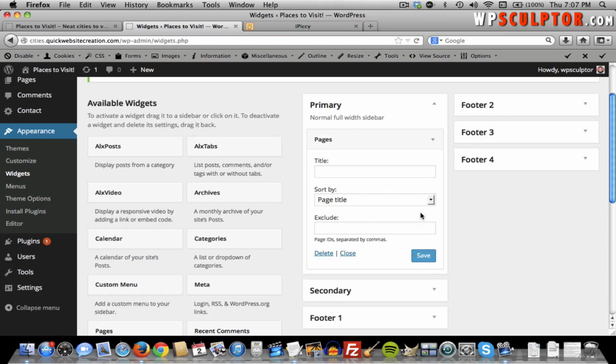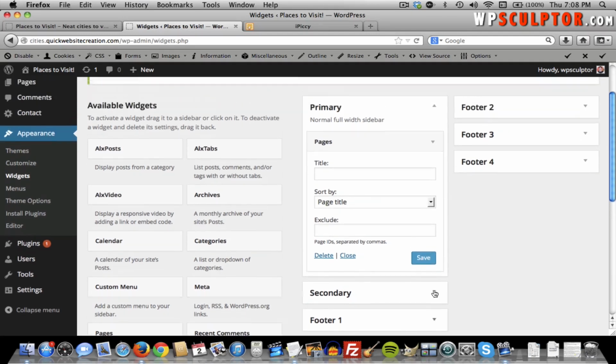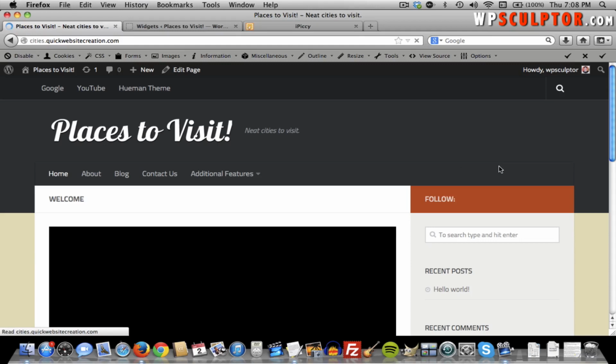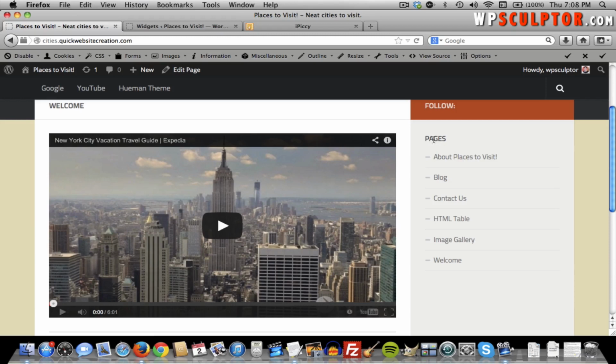And I'm just going to put it in my primary widget area and release that. Now, you have to drop it down by clicking these arrows in order to drag and release a widget into an area. But I'm just going to do that, and then you could give it a title, and you have some options there. We're just going to stick to the default settings, click on Save. And now if we go back and look at our site and refresh, you'll see that all of those widgets are gone, except for, since we added the Pages widget, we now have all of the pages that we've created available,